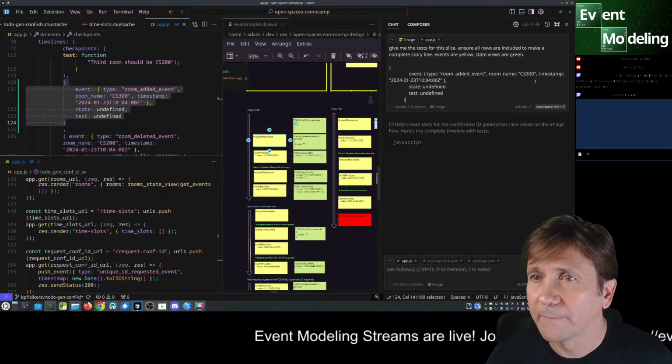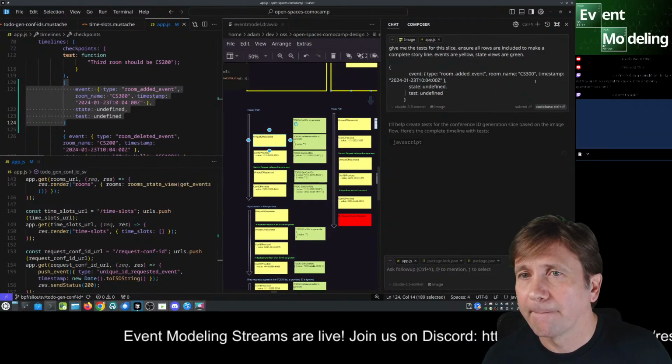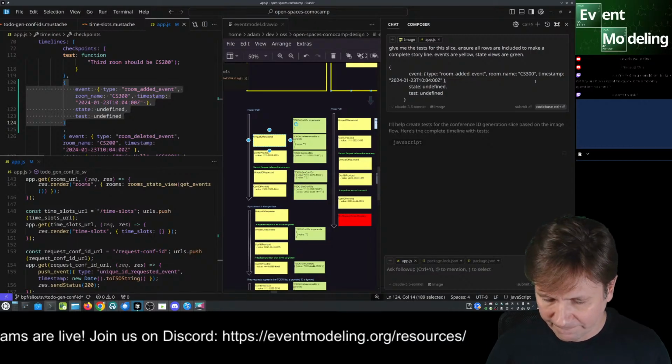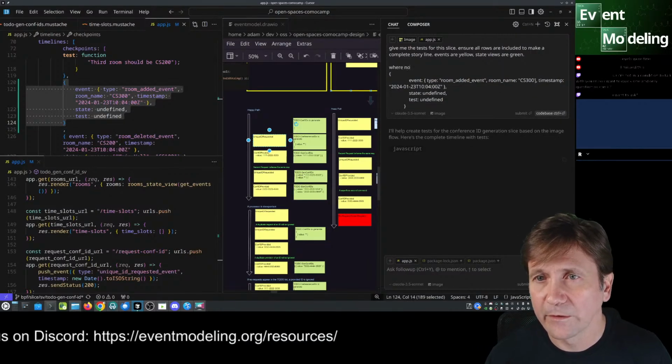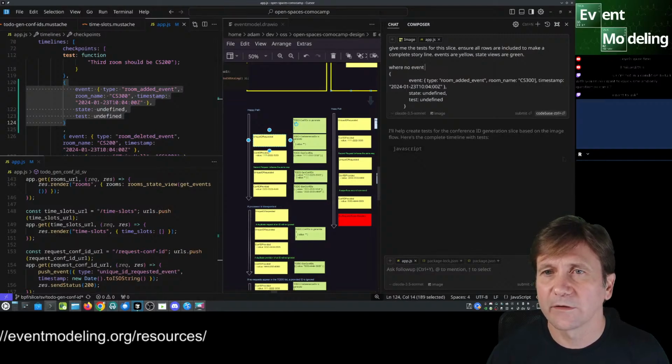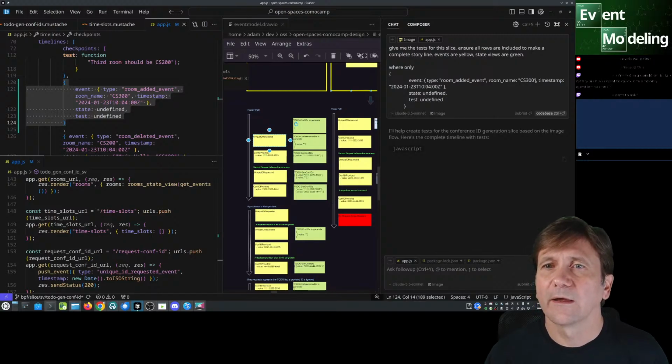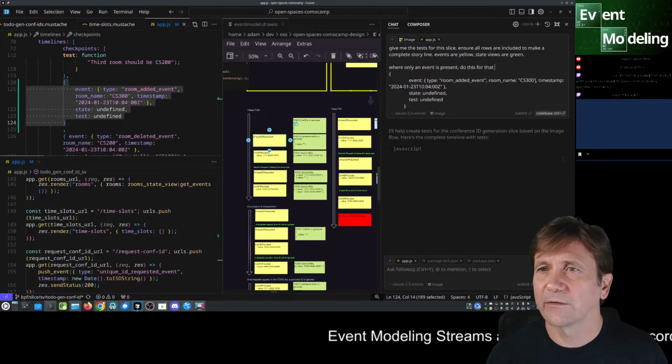Control V. Where no event is present. Where only event. Do this for that row.